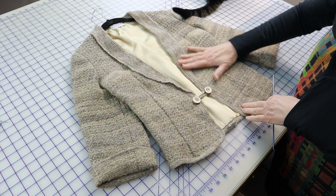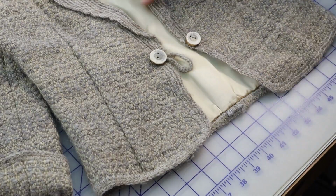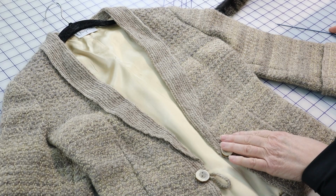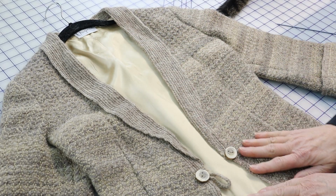While I was dating my eventual husband back in the mid-1970s, my mother-in-law-to-be taught me how to spin. This is probably close to the first hand-woven garment I ever made, dating 1979 from my hand spun. And though I did line the garment, I used the same hand spun to crochet around the edges, the hem, the lower edges of the sleeve, and I created this complex rolled shawl collar also with crochet. Though it is too small to fit anyone I know now, I held on to it all these years because